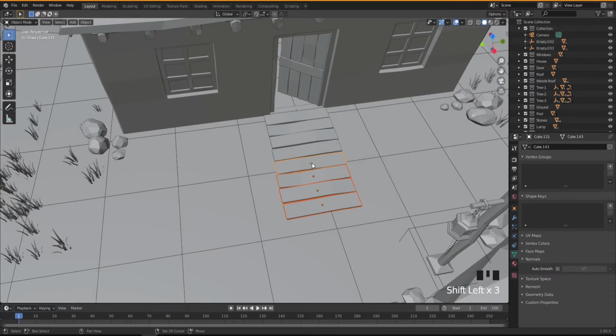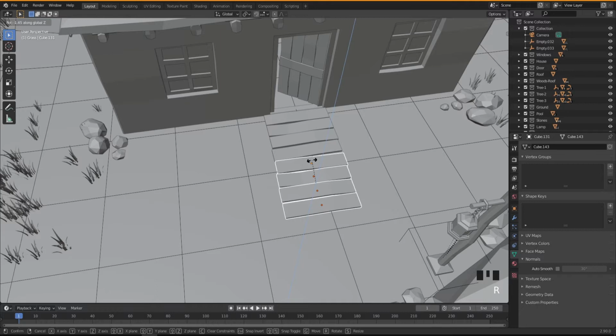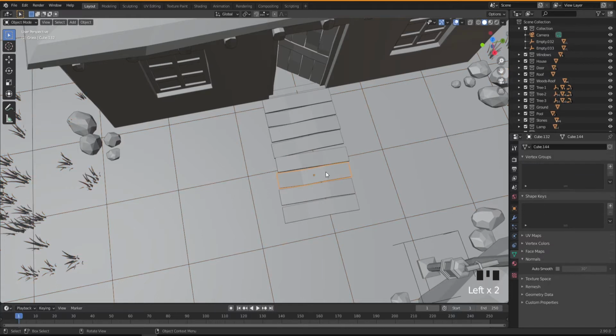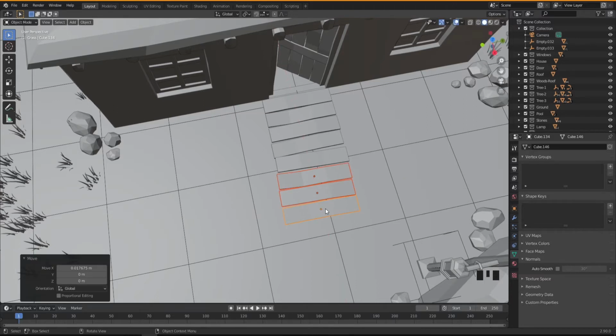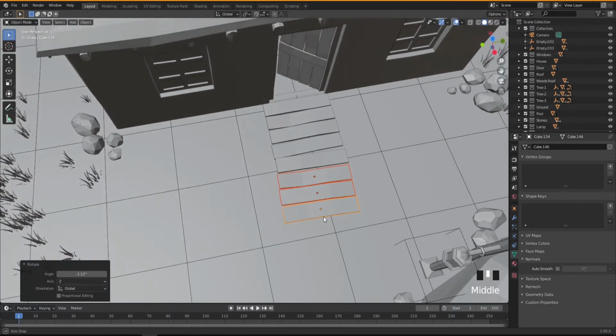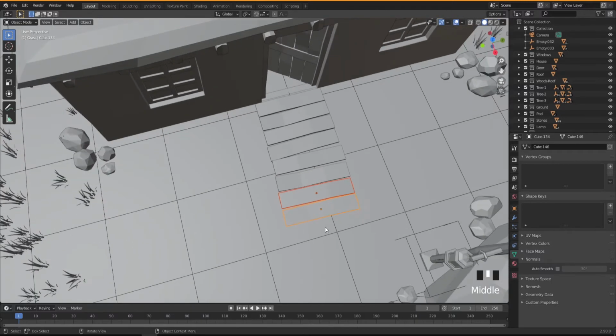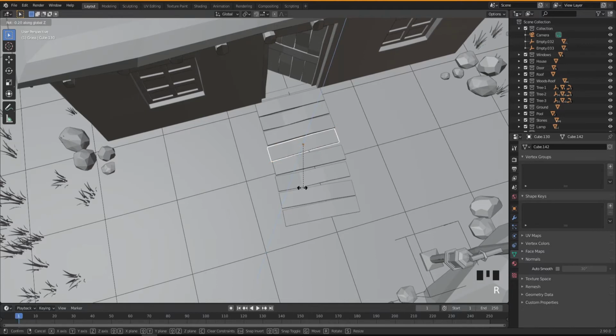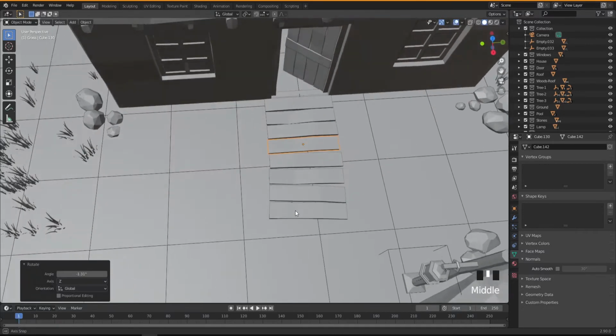individually. Maybe I'm going to select all of them, R, Z, rotate a little bit, then G, X, and then R, Z. So hold down Shift when you have no control, and then select these two, and then G, X, and then R, Z, hold down Shift to have control, then select this one, R, Z, just rotate a little bit like this,